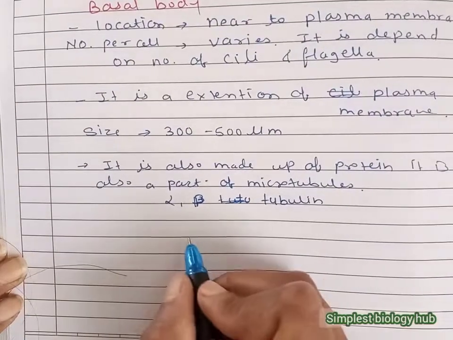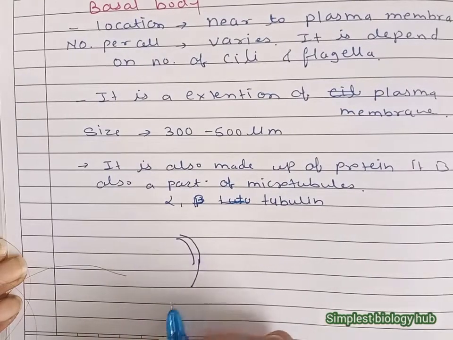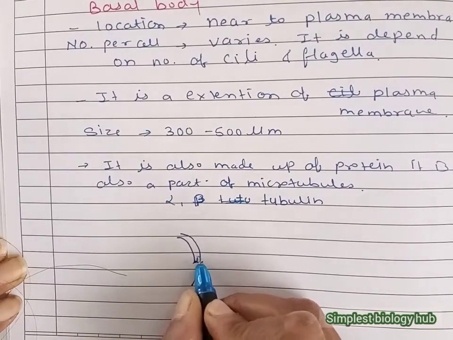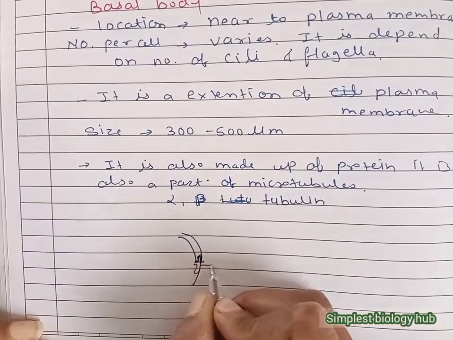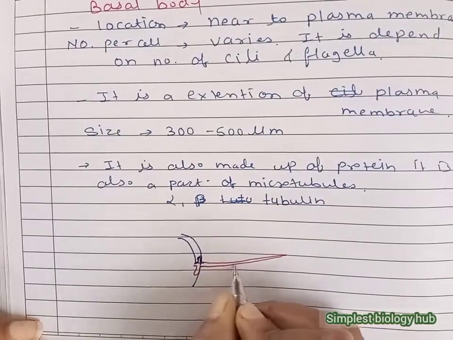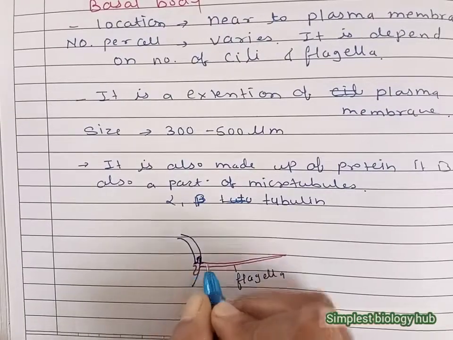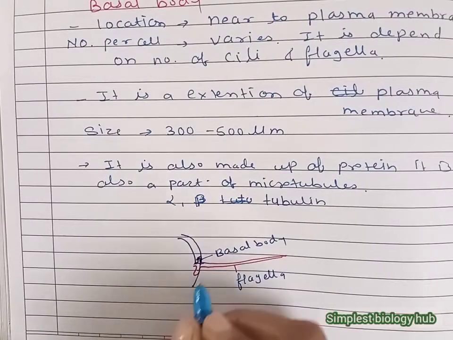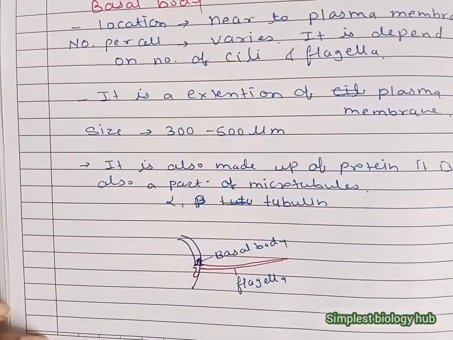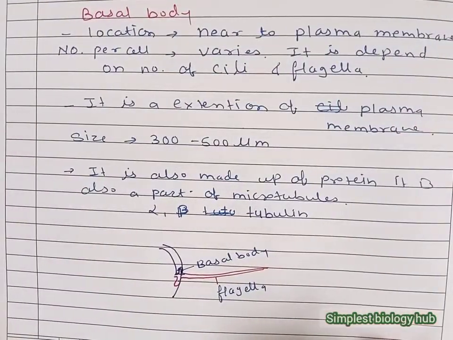Here we try to draw the basal body. This is your cell wall in case of plant cell, and inside it the plasma membrane is there, and this is the extension of plasma membrane. Actually the plasma membrane extends inside in this pattern, and after that the cilia and flagella come out. So that part is the flagella part or cilia part, and that is the part of basal body. That is the actual location of the basal body inside the plasma membrane. This is about the centrioles and basal body. I hope you understand. In the next video we talk about the flagella and cilia structure. Thank you.